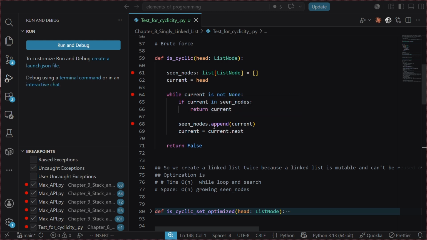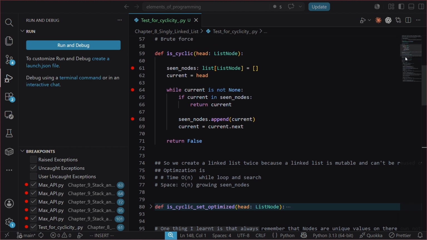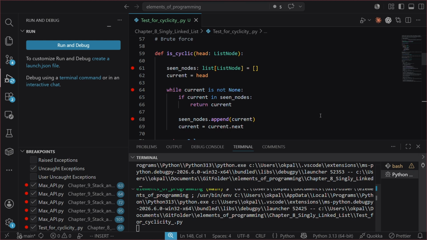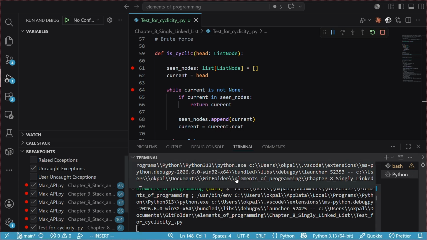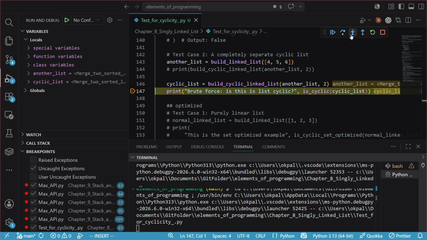Otherwise, as we move along, we append the nodes we find to the seen nodes. So it's just like putting stuff in a list and then waiting to see if we come back to a value that is already in that list. That's basically it. So let us see how that works with our debugger tool. I think that's very appropriate to see how this traverses. So let's step into the